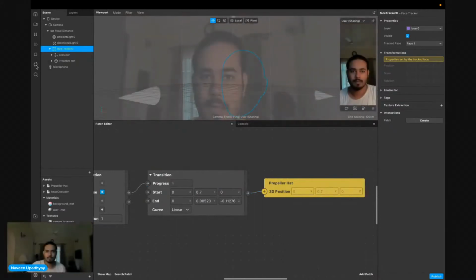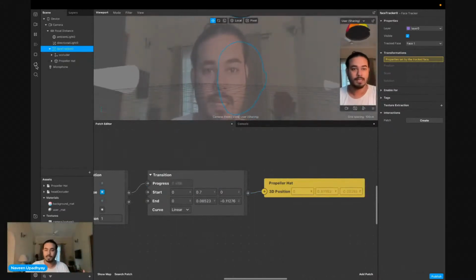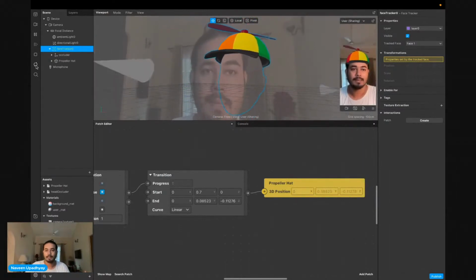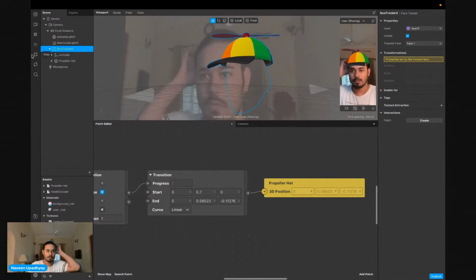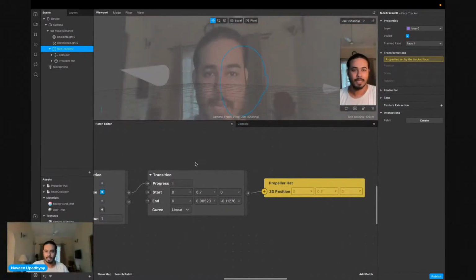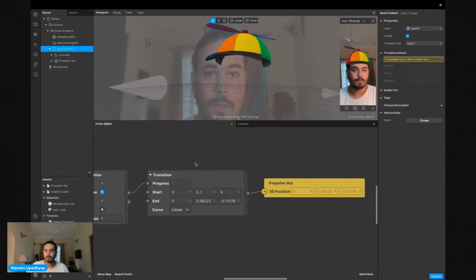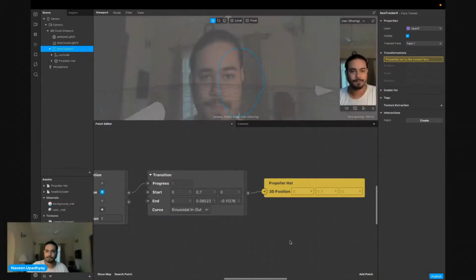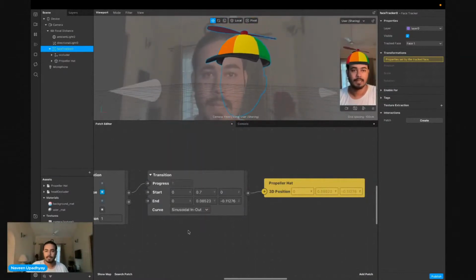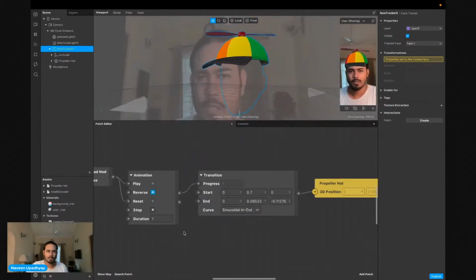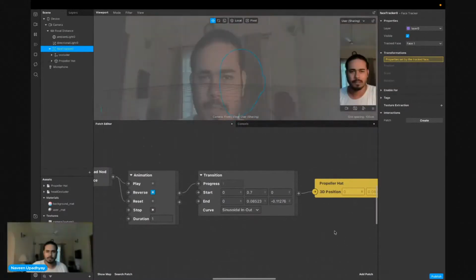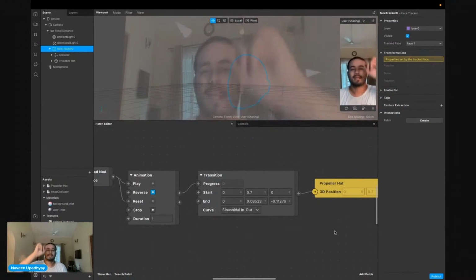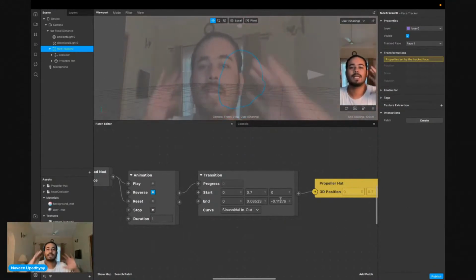So initially, it's not visible. When I do this, it should come out onto my head. Okay. When I do this again, it should come on my head like that. So I can refresh and test it again. If I do this, the cap will come on my head, and we could make the curve a little smoother. I can see that the cap is coming on my head. Also, when I'm moving my head like this, I can see the cap is there in the back because it's following the head and everything.